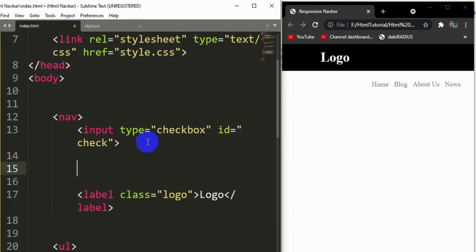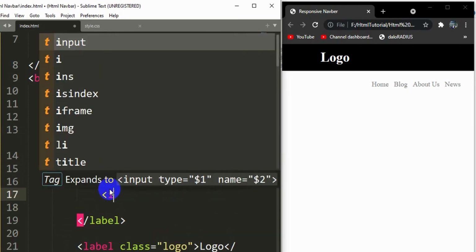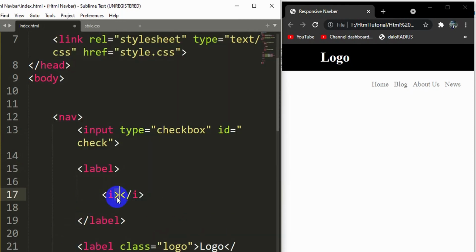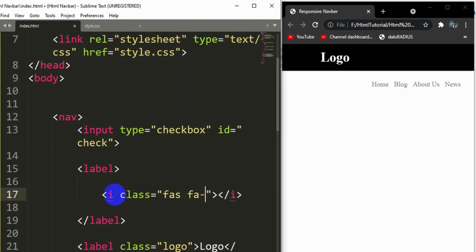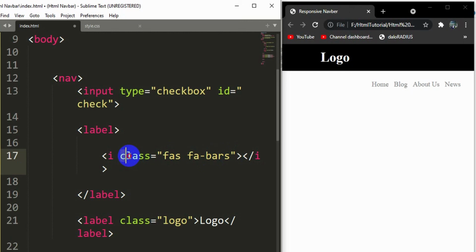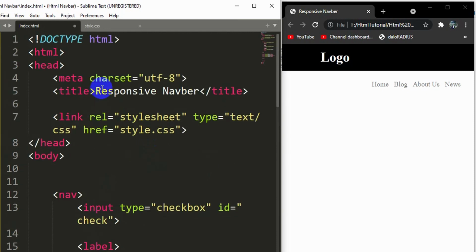Now we are going to mention another label over here, and inside this label we are going to mention an i tag, and inside it we are going to say class will be fas fa-bars. Now this class is actually a Font Awesome bars icon, so if you want to use this i tag, then we need to add the Font Awesome CDN inside our head.